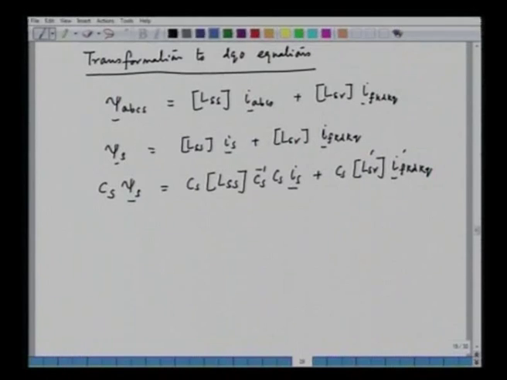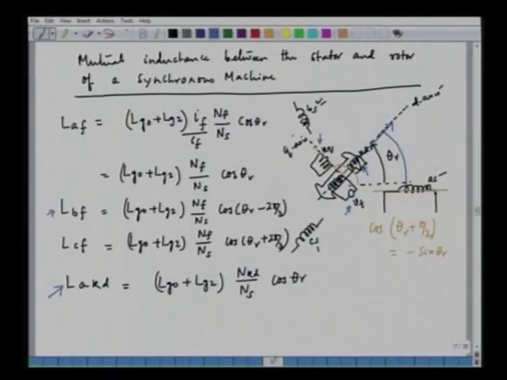And furthermore, when we are talking about a DQ system, we are transforming ABC into DQ, and in case of a synchronous machine, the stator is a 3-phase stator, and we have chosen a rotor reference frame. It means the reference frame is housed on the rotor. So, if the reference frame is housed on the rotor, just like this, we can have a reference frame with D axis here and Q axis here, and it is attached to the rotor, rotating with the rotor speed that is equal to omega r.